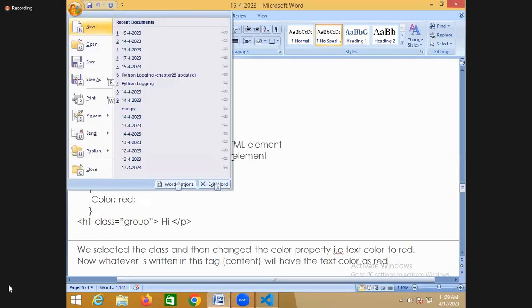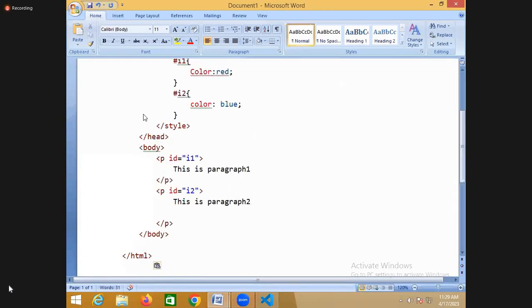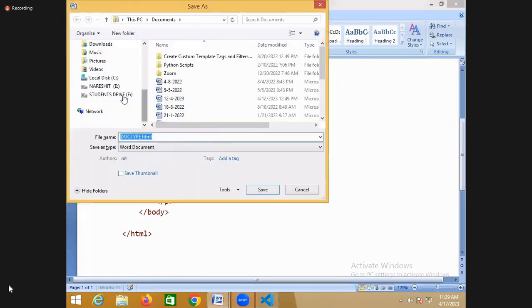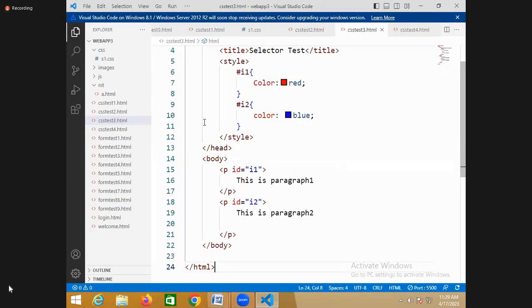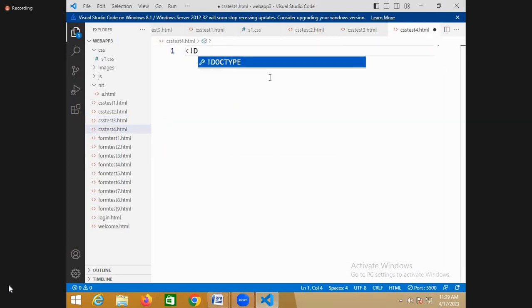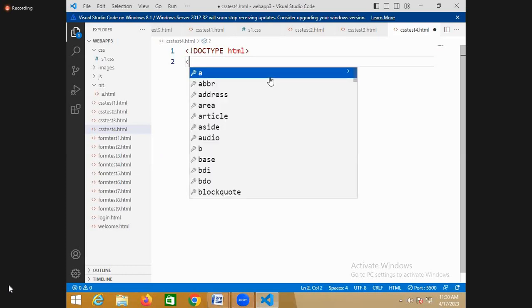Yes. Now this is just to take time, because last class somebody asked what is the difference between the ID selector and the class selector. What is the difference between ID selector and what? Class selector. Okay. ID is unique, but when you're talking about the class selector, suppose assume that every element is given a class name. That defines the style of that particular element, right? Suppose assume that